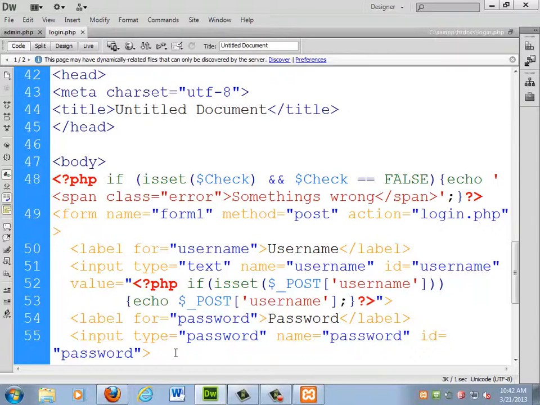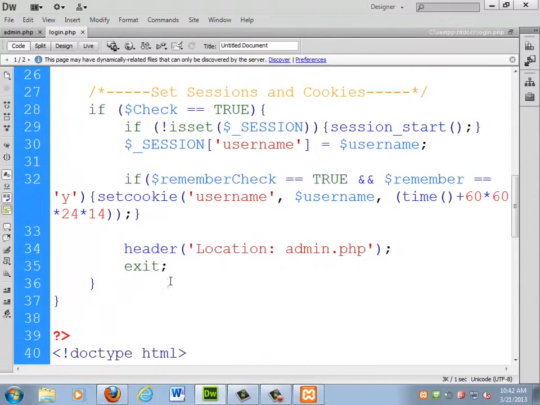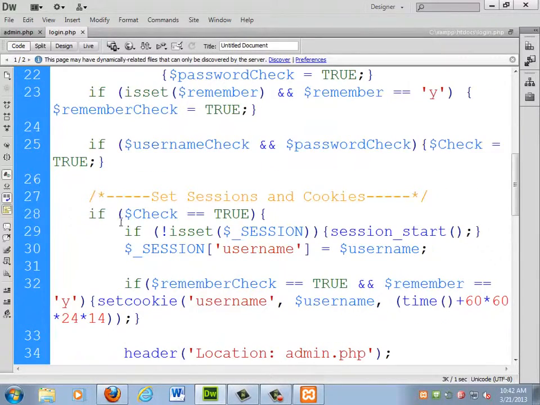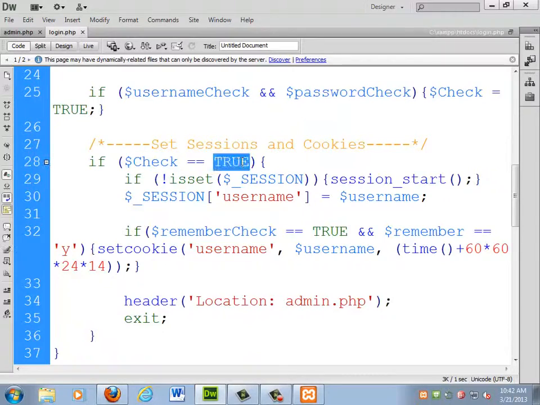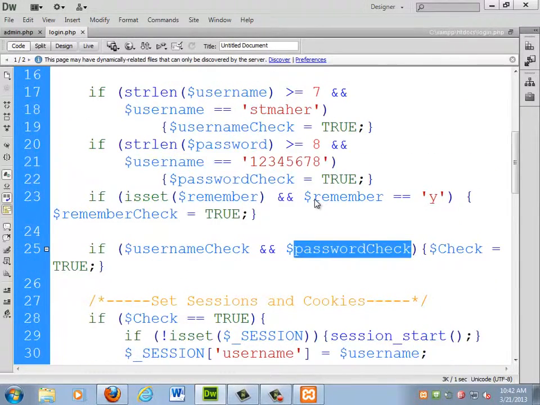Okay. So I'm still not sure where my error is. Something's going wrong somewhere. Check is not getting set to true. So none of this session stuff is ever running because check does not get equal to true. So if username check and password check